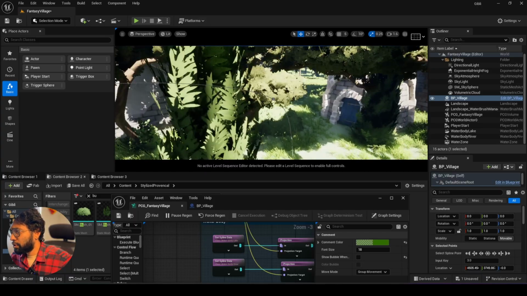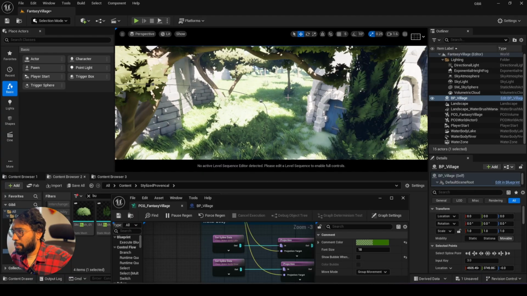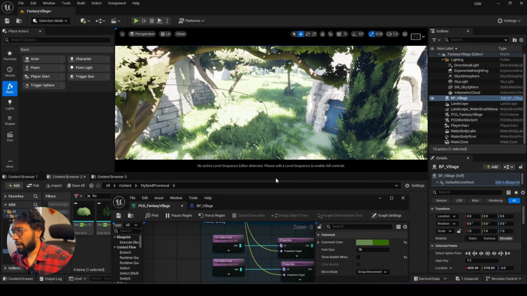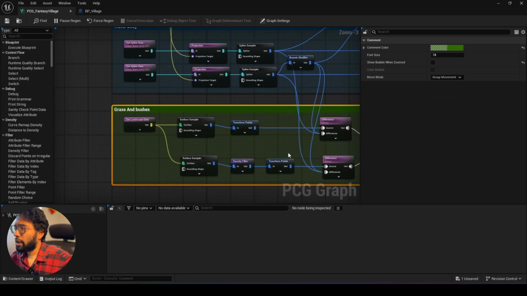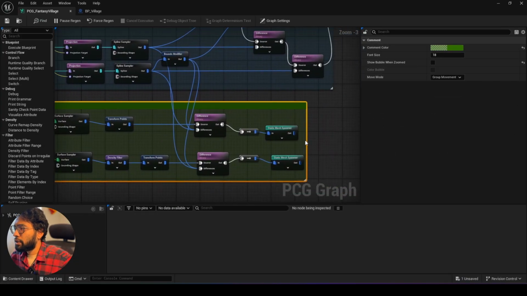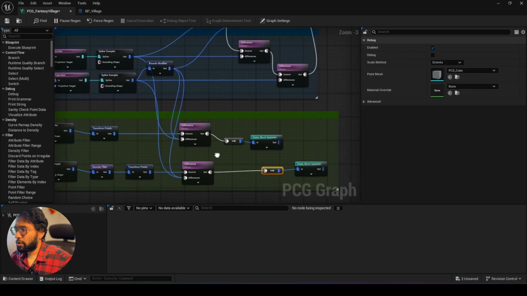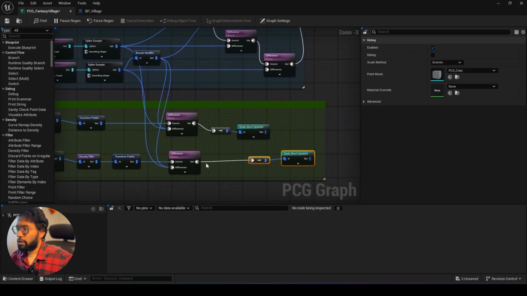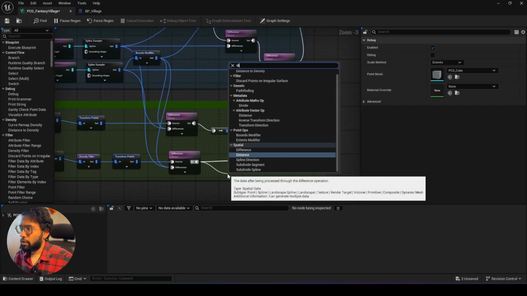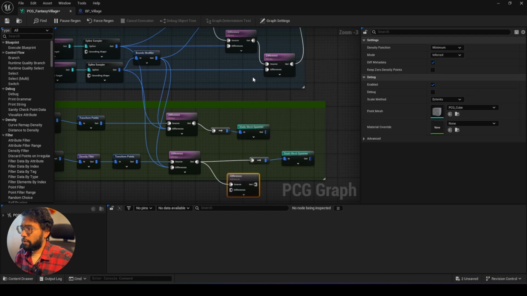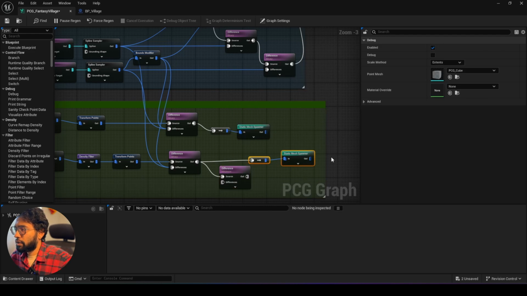But we have some bushes spawning in our path, so I might actually also try to eliminate that as well. So let me just go ahead and do that quickly. Let me drag this out and use another difference node from here. Let me take a difference node and make sure, let me just expand this as well, connect this,